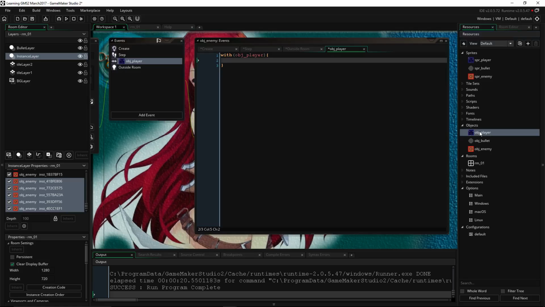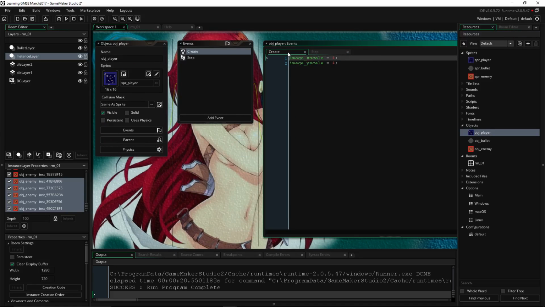So we're going to double click on object player. We never made the player's HP, so let's do the same thing. We'll go player HP equals 100. Player max HP equals 100. Actually, what we can do is do the same thing we did on the other one. We'll say player's max HP is 100 and player's HP is player